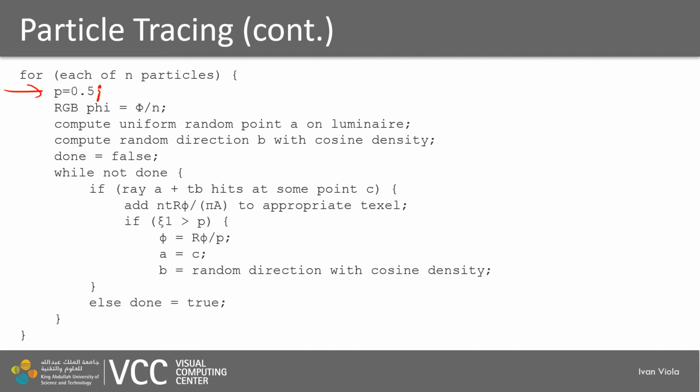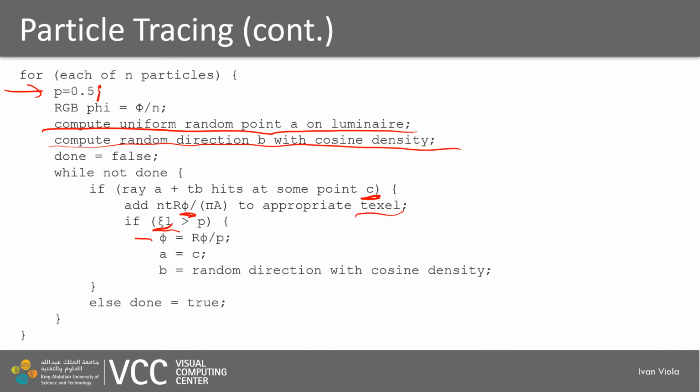For n particles, compute the uniform random point on the light source, and then compute a random direction B in the hemisphere from this light source geometry, and then we are intersecting a particular element in the scene at some point C. And there we will be adding this power to this appropriate texel, which corresponds to the point C. And if our canonical random variable is smaller than the probability of bouncing off from this surface, then